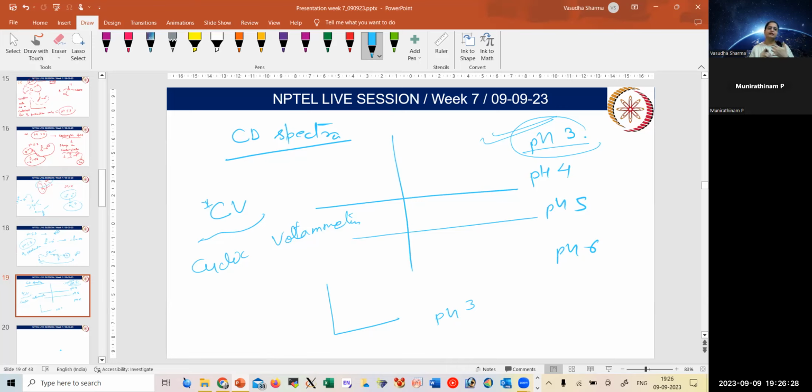First, we saw how to find out that the oxidation state of the metal has been changed from +2 to +3, and whether any chirality is involved or not. We got to know that from the CD spectroscopy, because in normal optical spectroscopy, the absorbance level was changing a little bit, but distinctive peaks were not coming. We cannot assure that this band is coming from this particular thing. We cannot precisely tell the reason. But using CD spectroscopy, when you see the characteristic bands, that tells you about the chirality being present over there. And that chirality is induced because of the amino acids over there, they are inducing chirality in the charge